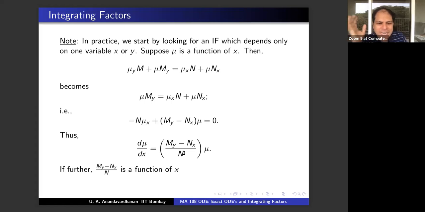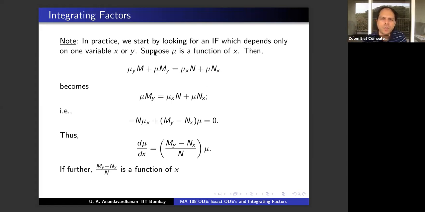But suppose it's really your lucky day. And already one luck happened, that you're assuming such a thing, mu y 0 is okay, and you come here and suppose you got a function of x alone, then are you in good state? Yes, because then you have got a separable equation here. You can solve for that and you would have got mu. And if you got mu, then you can multiply by mu, you got an exact equation. A closed equation, assume your domain is good, you got an exact equation and you can solve it.